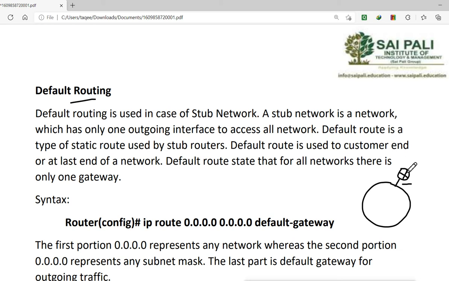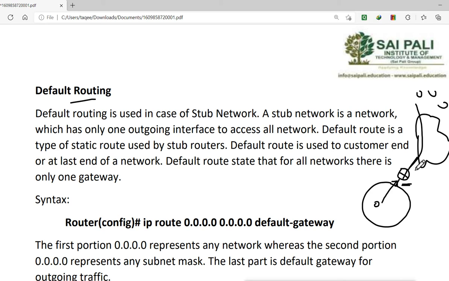It is only a small router here, and it is connected to the WAN, or we can say the internet, and there are multiple different networks out there, and we just don't want to configure all those networks on this router. Remember, if you want to configure it statically or dynamically, that means you have to inform this router about all the networks, so that if any of these machines wants to go to those networks, they will send the request to this router, and the router will send the data to that network exactly.